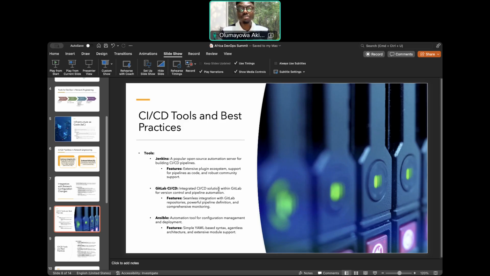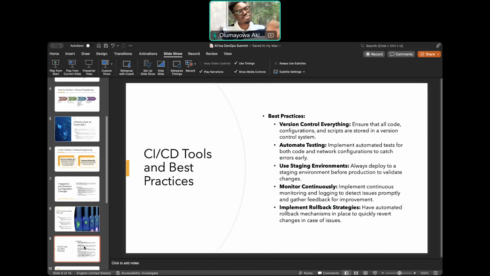Then Ansible. Ansible is an automation tool for configuration management. Like I said, with Ansible, you can configure as many devices or nodes as you want just by writing your YAML-based script. Just sit down, write your YAML-based script, blast your script, and you have several devices and hosts across different geographical zones configured within a span of a few minutes. Everything is up and running. Unlike having to send support staff to different locations, carrying console cables, connecting to routers and switches, trying to bring them up.